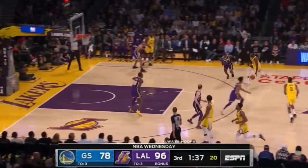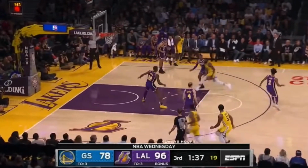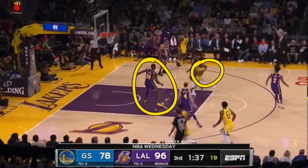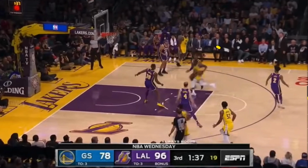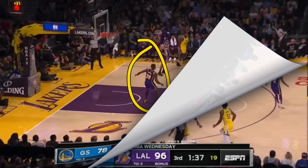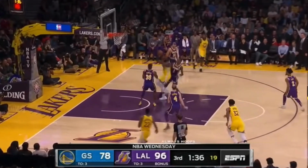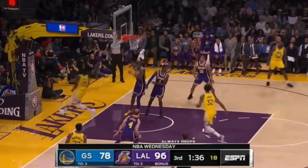and wait for him. Now, when that player does start to drive, as soon as that player picks up the ball in two hands, you now know he's going to take two steps. Now, if you're the offensive player, you could really mess with defenders like this by only taking one step and going up for a floater. But as the defensive player, in most cases, this offensive player is going to take two steps. That's his first step. That's his second step. You know you need to jump at this time, and because of that, he's able to block that shot,